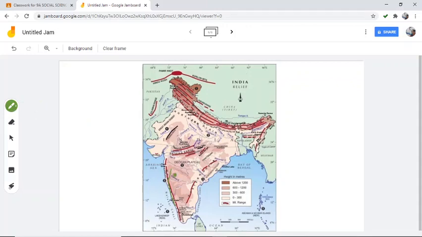So this triangular shaped region will be the Deccan Plateau region. Next, we can mark Vindhya and Satpura, you can understand.